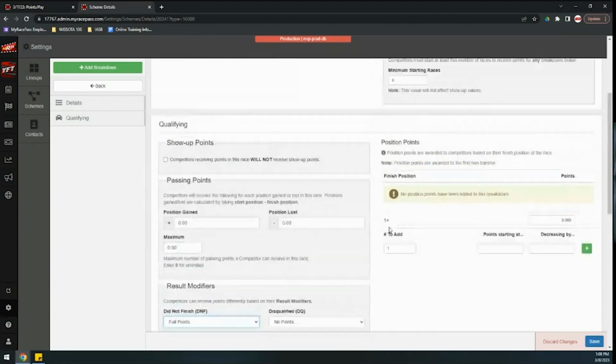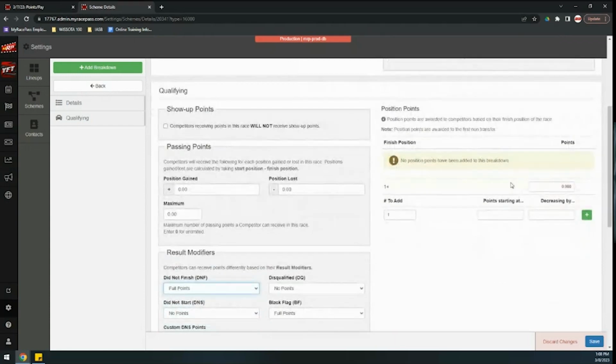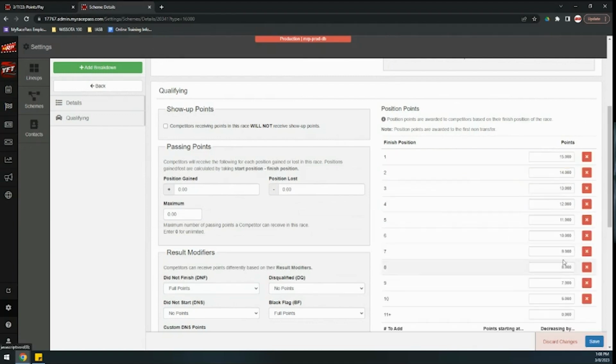But the bulk of this is position points. The bulk of this is how many points on a per position basis. So we have a tool that'll allow you to add a lot of positions at once. So for qualifying, I'll add 10 positions. My points will start at 15, and they will decrease by 1, and I'll add all of those, and now I have positions 1 through 10, starting at 15, decreasing by 1 for every position, and I just have to